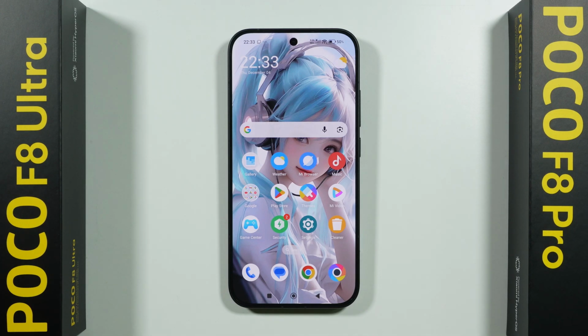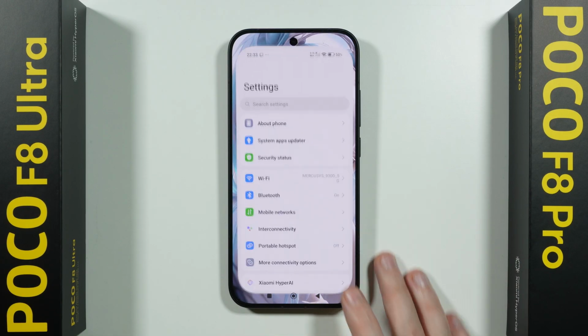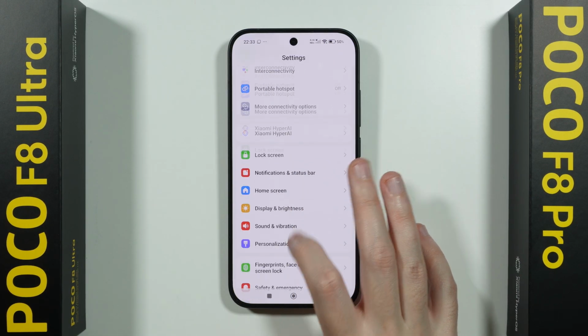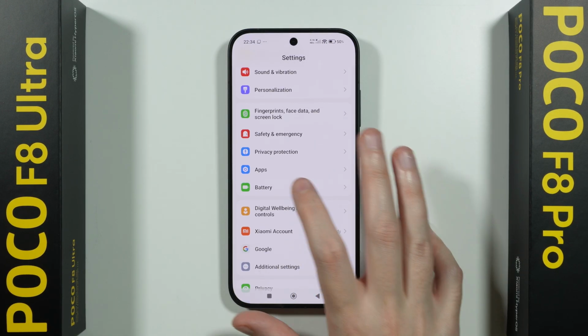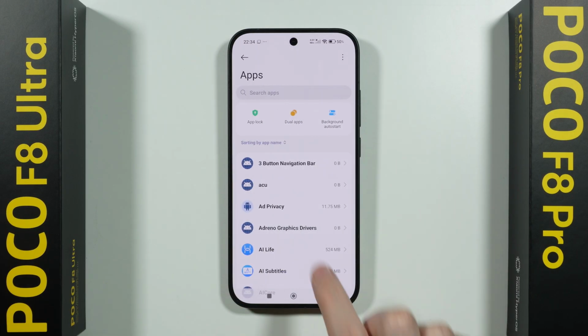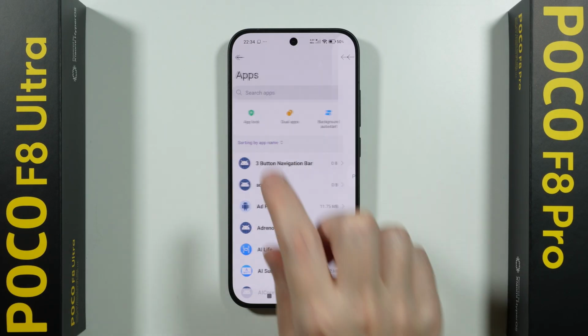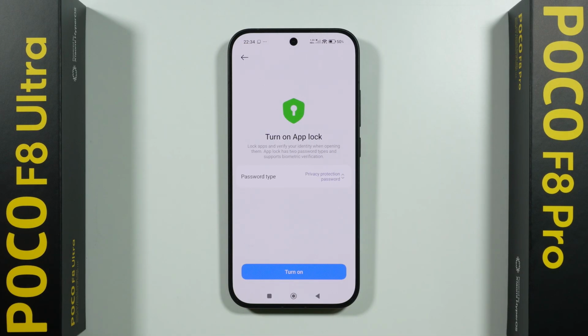If you want to lock apps with Fingerprint on POCO F8 Pro or POCO F8 Ultra, then what you can do is go to Settings, scroll down, and over here we can find Apps. In Apps Settings, you can find the app lock, so we can select it over here. And of course, we need to turn on the app lock, but before you do that, we need to set